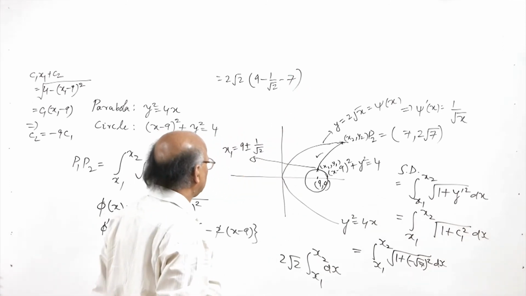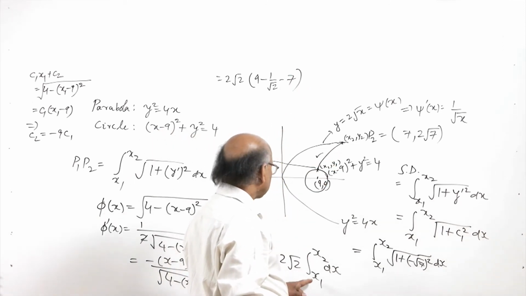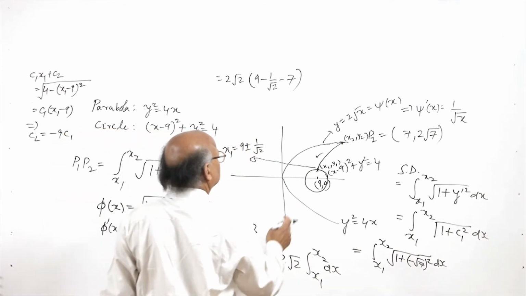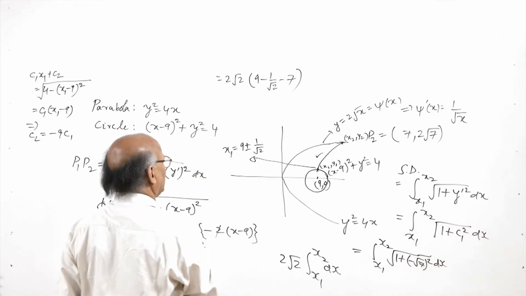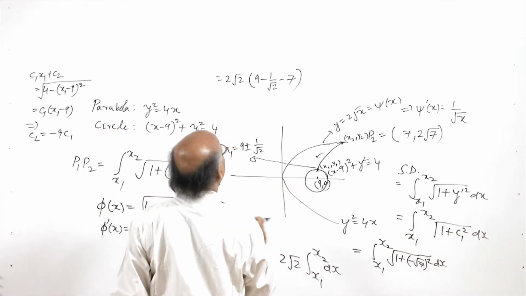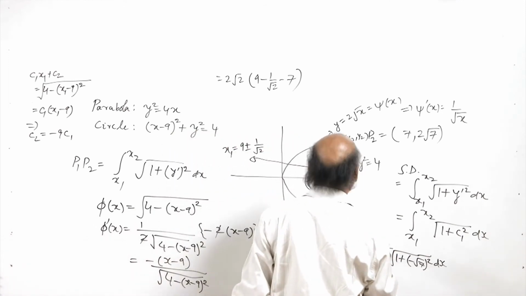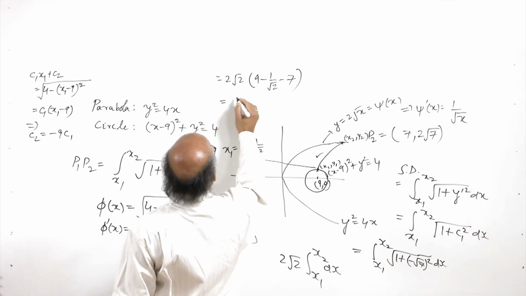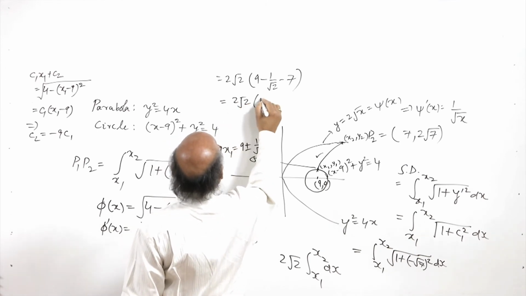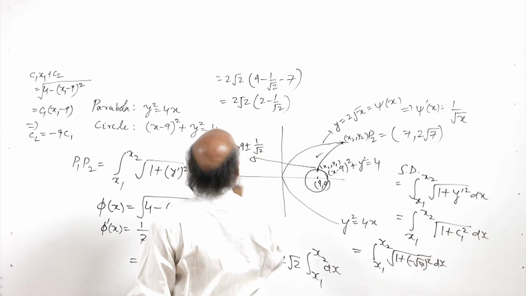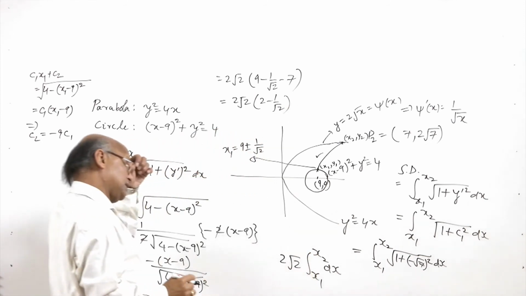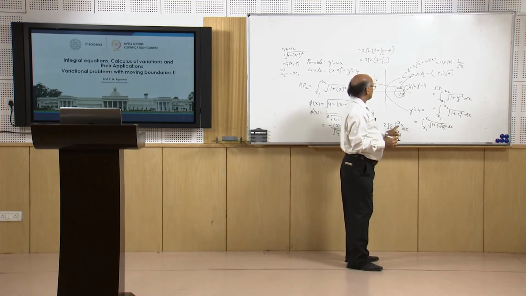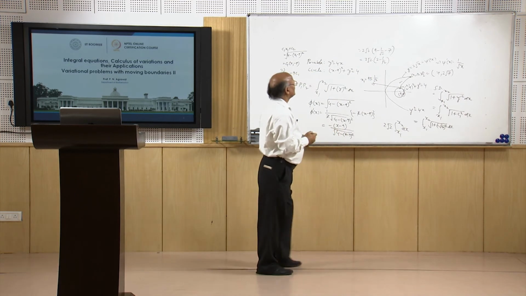Here we are seeing that we have to take x1 as 9 minus this upper limit, we have to take as 9 minus 1 by root 2, lower limit will have to be taken as 7, because this is how much? This is 2 root 2 into 2 minus 1 by root 2. So that means we have to take the modulus here, because it turns out that if we take x1 as 7 and x2 as 9 minus 1 by root 2, then